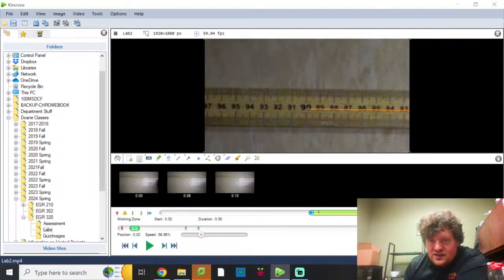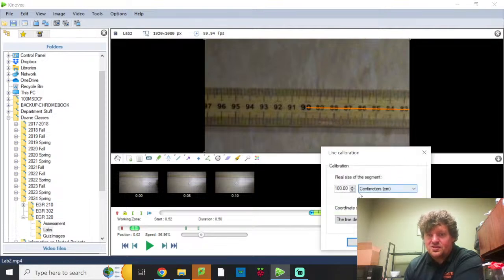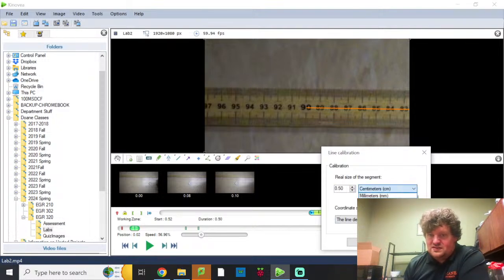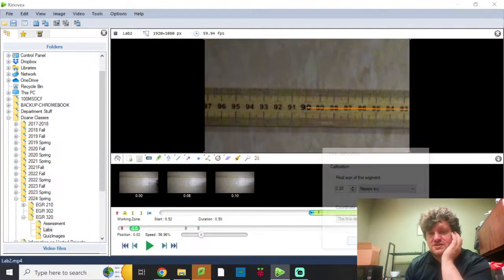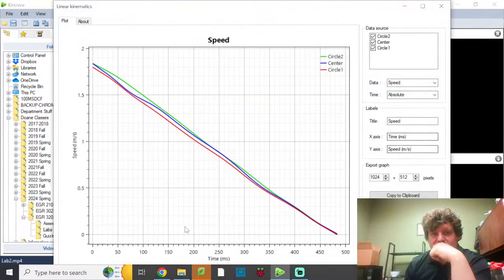So this is a half meter long. So if I right click on this, calibrate it, this I'm going to set at 0.5 and then set that straight to meters. We'll say sure that this line defines the horizontal axis, although I'm just going to use generalized acceleration anyways. So now if we go into linear kinematics, this should be a little bit more